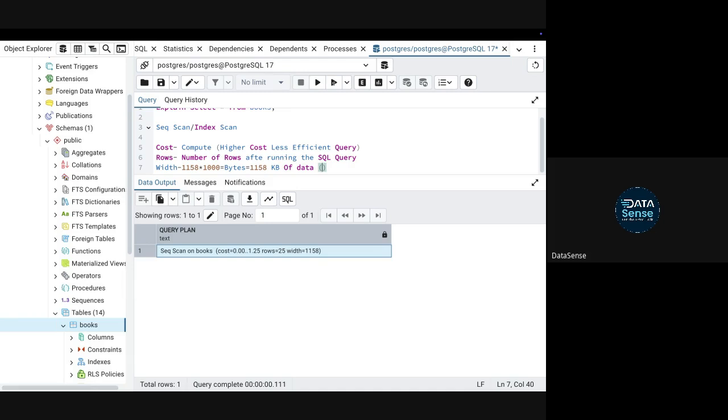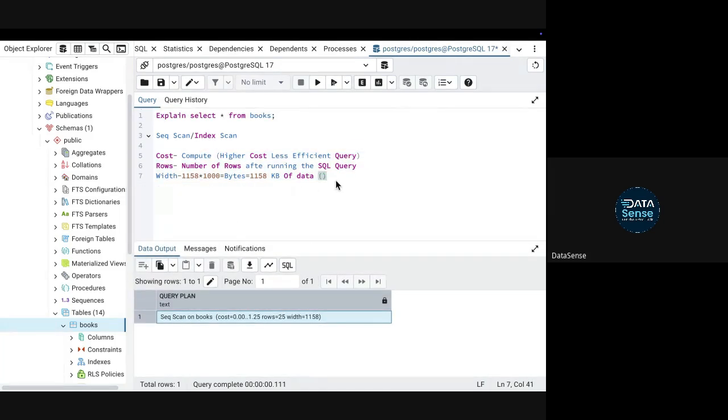So width should be less, cost should be less, number of rows, again it should be less if you want an efficient query, but number of rows is determined not by a performance parameter, it is determined by what a user needs, right? So these two things play. So technically cost plays a bigger role, and the rest of the parameters are just interconnected with that.